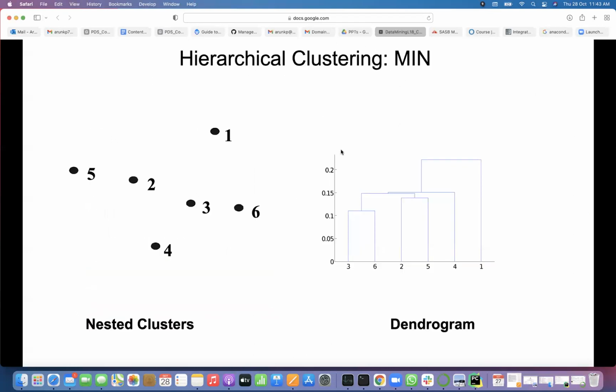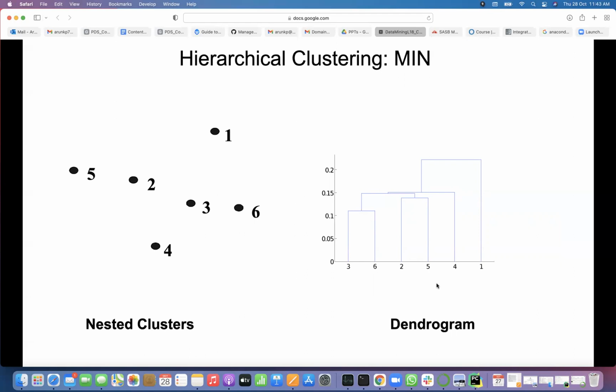So hierarchical clustering, minimum, how minimum will work out here. So first time what they measured here by looking at the dendrogram, look at it and just explain. I'll see how much you understood. So what is measured here first? 3 and 6. Yeah, 3 and 6 are measured. Next, 2 and 5. You should come from the lowest things, right? They are mergings. Lowest vertical line, horizontal lines you need to see parallel to the x-axis.